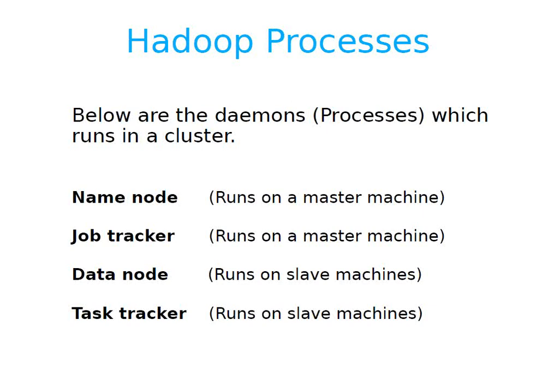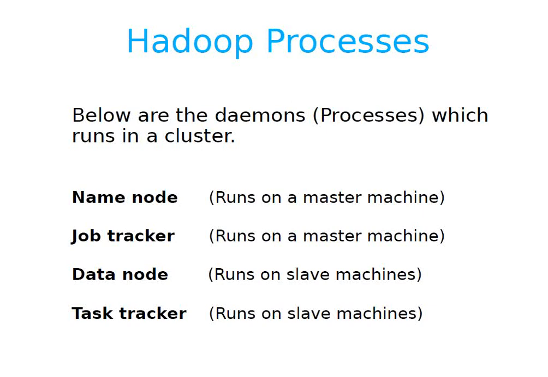Next process we have is job tracker. It also runs on master machine, but it is responsible for your MapReduce, or you can say processing part. The next we have is data node, that runs on slave machine and it is responsible for your storage part. You can see the name also. Name node and data node, they are related to each other and both are working for your storage part. The only difference is name node is running on master machine and data node is the process which is running